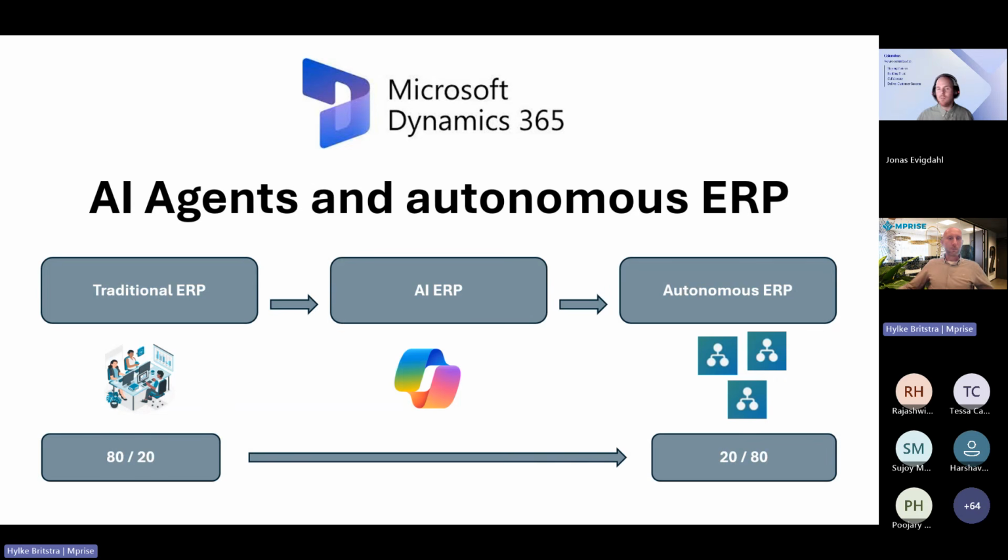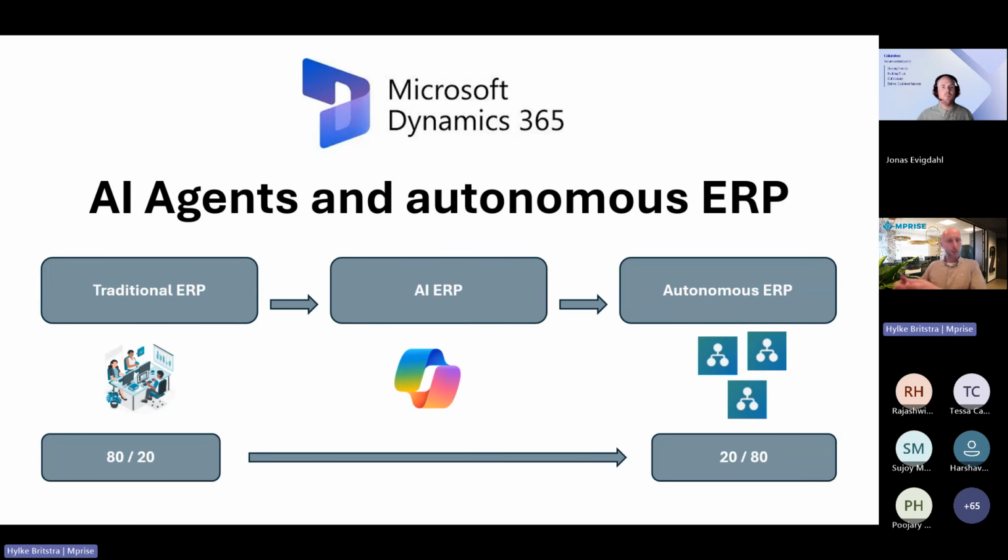And if you look at what is happening with finance and operations at the moment, we had traditional ERP, where a lot of human work was being done in, for example, F&O and other ERP systems, which means that a lot of data entry and a lot of actions were done by humans. At this moment, we are in the AI ERP phase, which means that still a lot of actions are done by humans, but also some actions are being done by Copilot or suggestions are being given by Copilot. But the idea is that more and more it goes to autonomous ERP, which means that for specific processes,